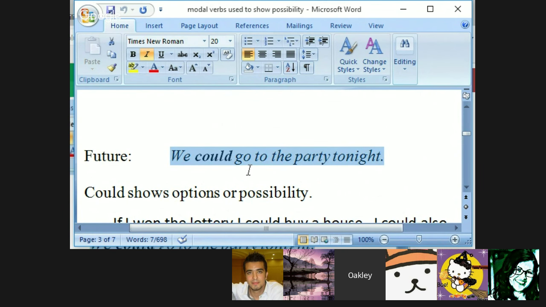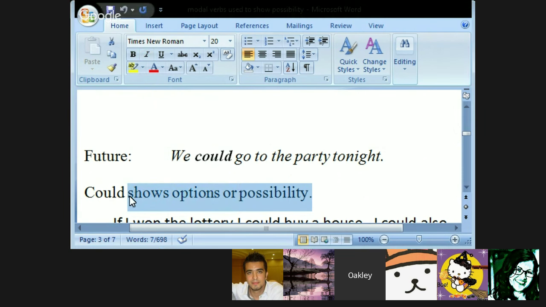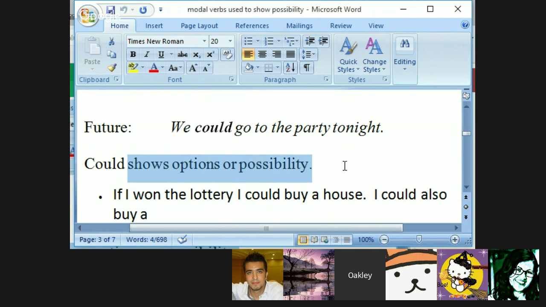For example, here. We could go to the party tonight. It's not also sure, not possibility. Yeah. We could go to the party tonight, or we could just stay home. Well then that's probably a 50-50 probability, because I'm giving 2 options, right? We could go to the party tonight, we could go to the movies, or we could stay home. Well, now they're about 33.3%. See what I'm saying? Basically, you're giving options is what you're doing.